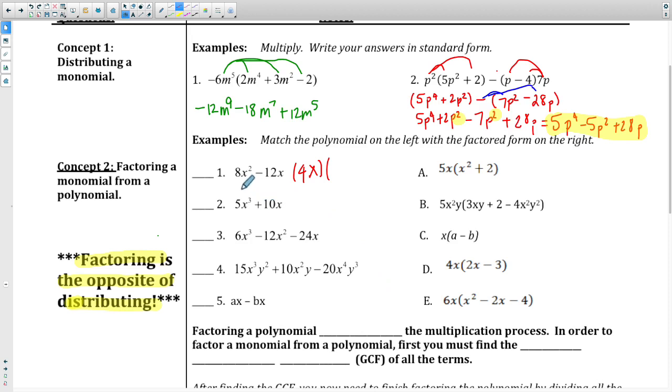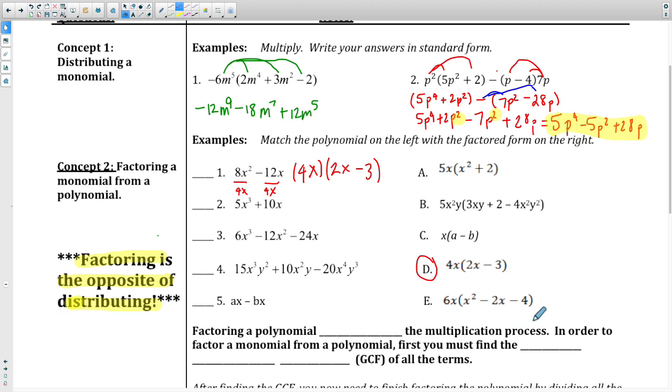And if I factor that out, what that means is I'm dividing each of these by a 4x. And if I do that, then what do I have left? Well, what I have left here is 2x. And what I have left here is minus 3, but my x is gone. So we're looking for what's the GCF of the numbers and also what's the GCF of the variables. So we factor out that GCF and we get the remaining part of it over here, and this is example